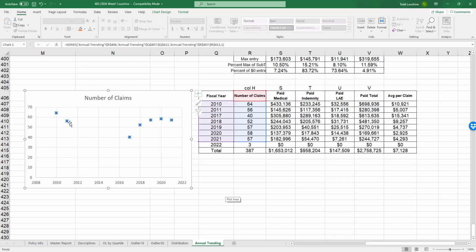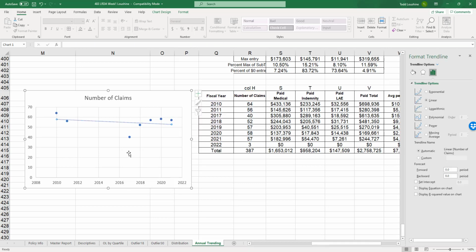So we have a gap. It was going down, we have a gap, and then it seems to be kind of going up or leveling off. What happens if I put a best fit line in and see what happens? Add trend line. Overall, can it do it? Yeah, so overall it looks like it's going down, but if we were to eliminate these first 2 years, because